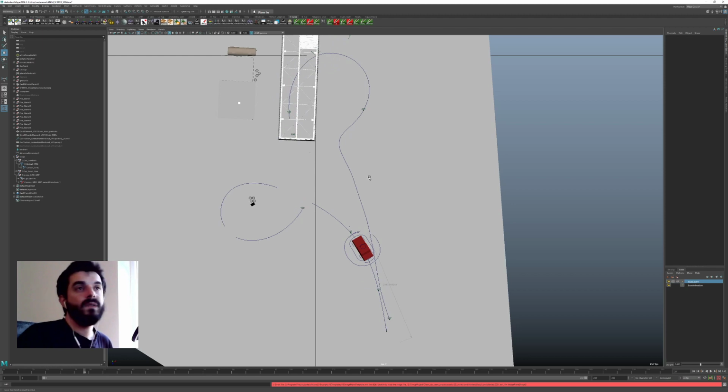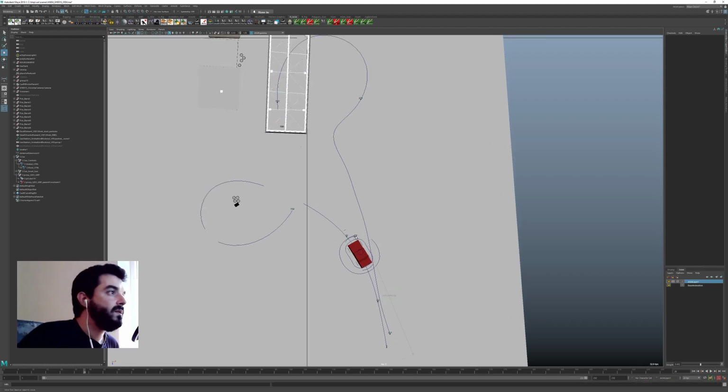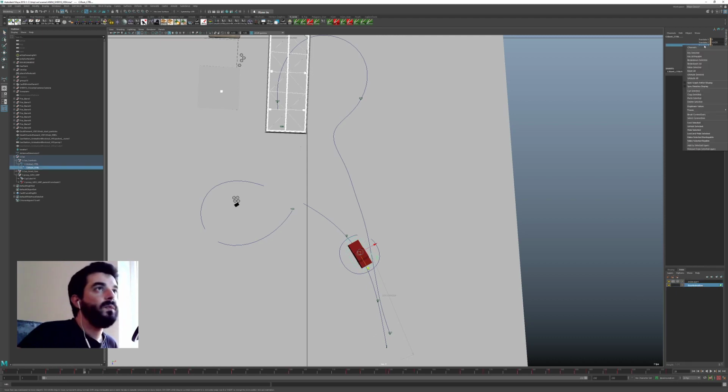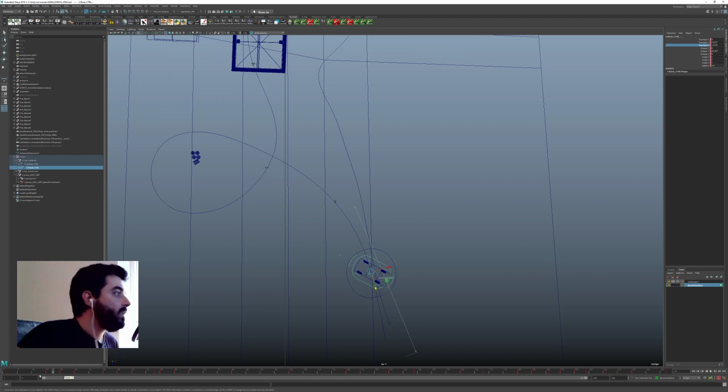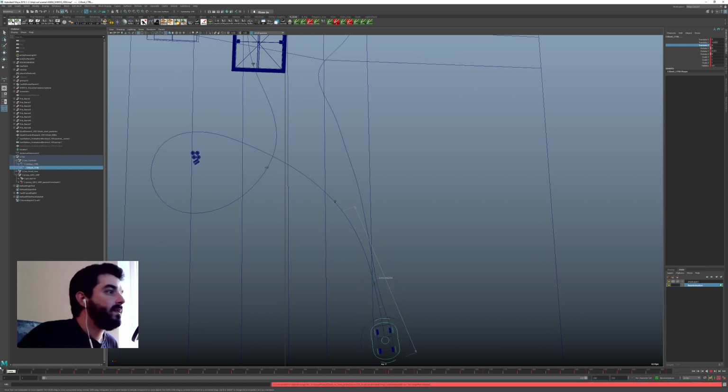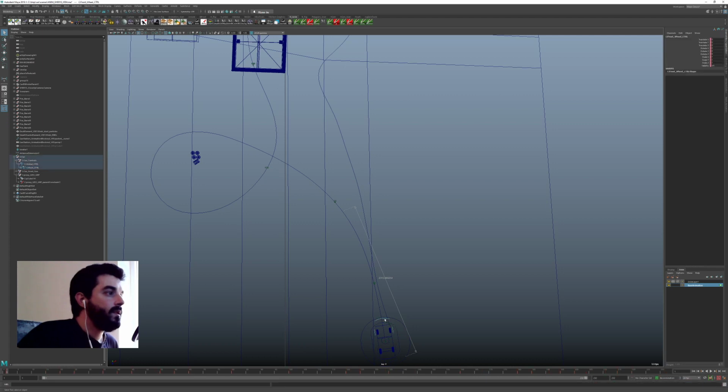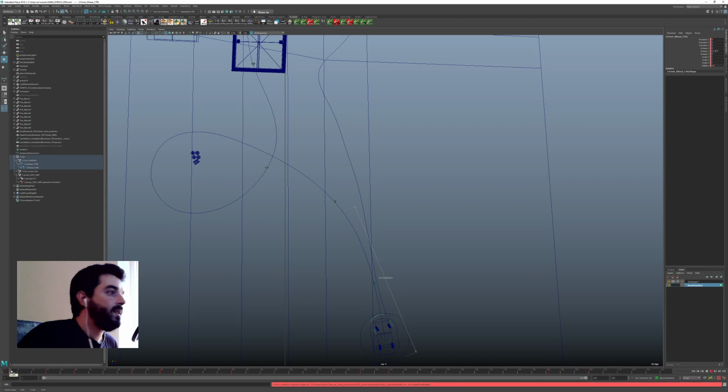There you go. It's sort of okay. It has its problems, of course. And now all I need to do is go in here and do the retiming of the poses, of the wheels and chassis. So for instance, in here, what I can do is, already at the beginning, I could have the wheels